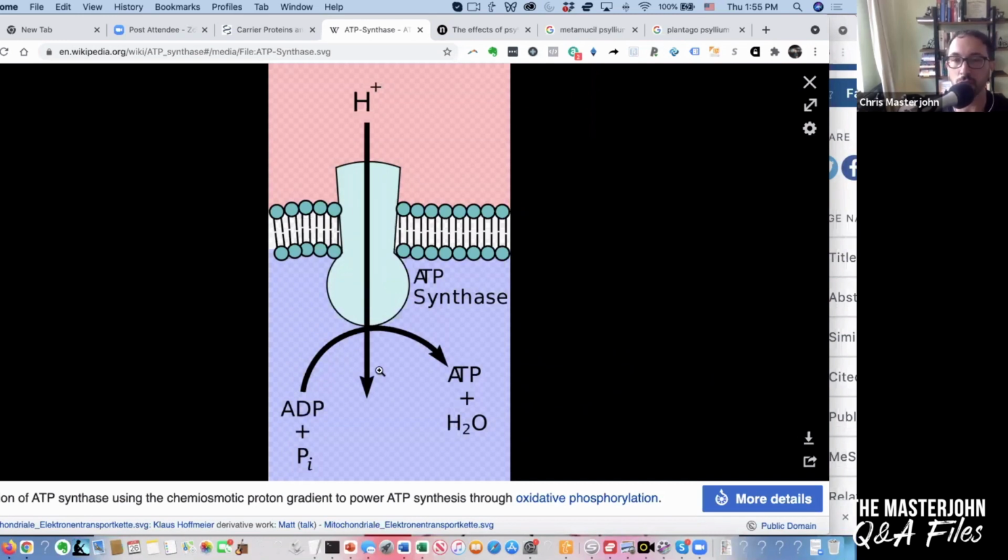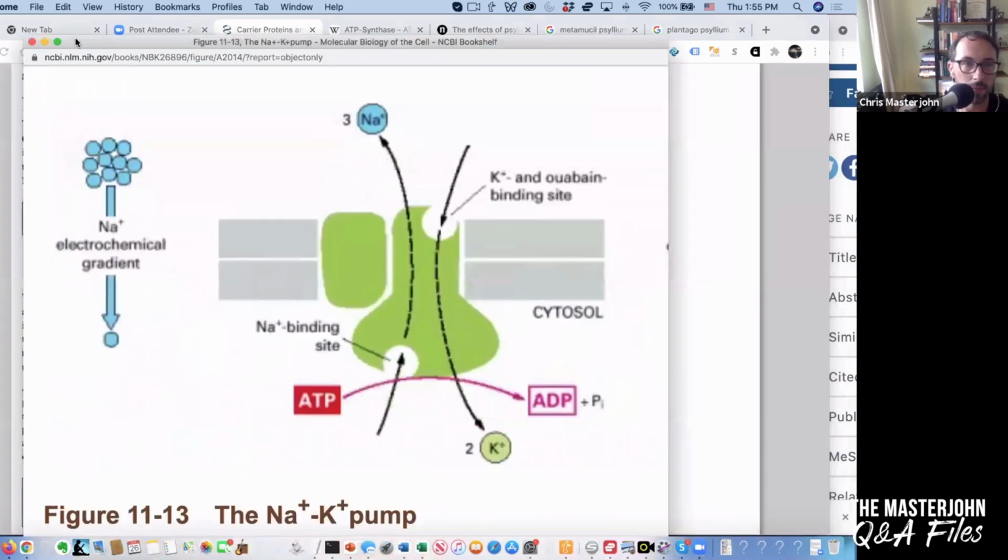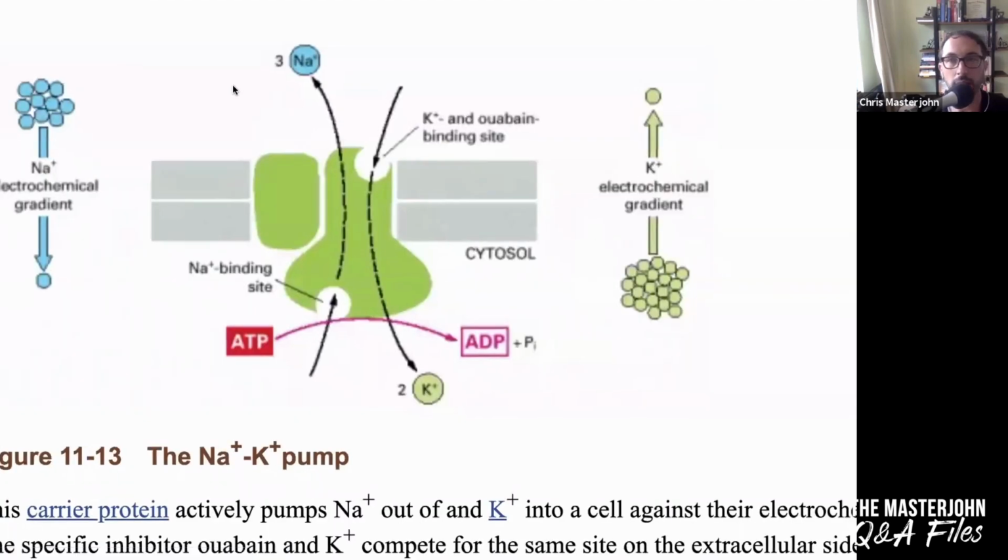But in this case, the stored form of energy is in the chemical bonds of ATP. Okay, so knowing that, now let's go back to the sodium potassium pump. So usually what's happening is, if you want sodium to be at a place of high concentration instead of evenly mixed, you have to reverse the process of spreading and thereby violate the second law of thermodynamics.